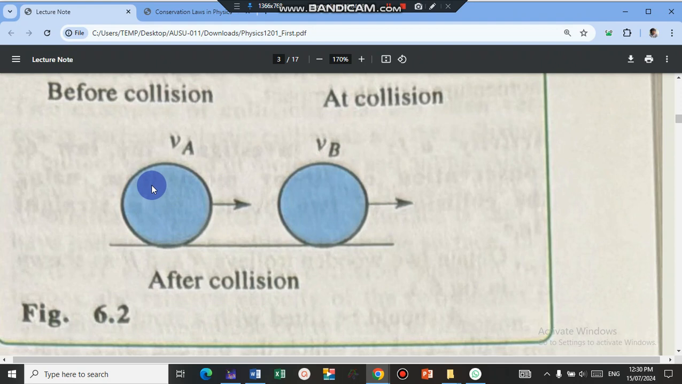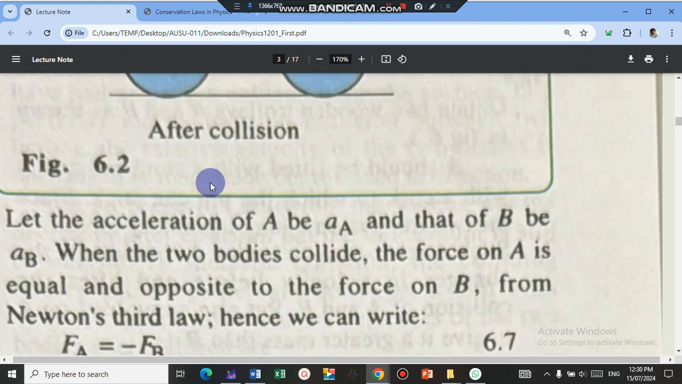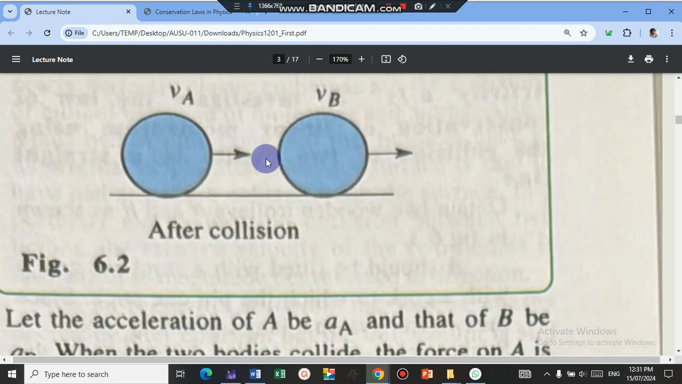Body A moves with a new velocity v sub A in the positive direction. Body B also moves with a new velocity v sub B in the positive direction. V sub A and v sub B are both positive because they are in the direction of positive x. The writer says, let the acceleration of A be a sub A, because object A has acceleration,